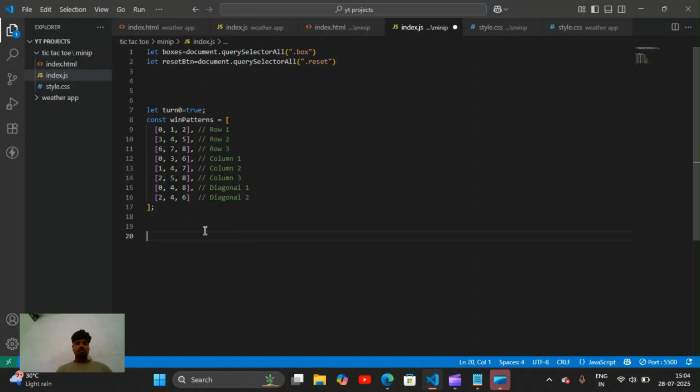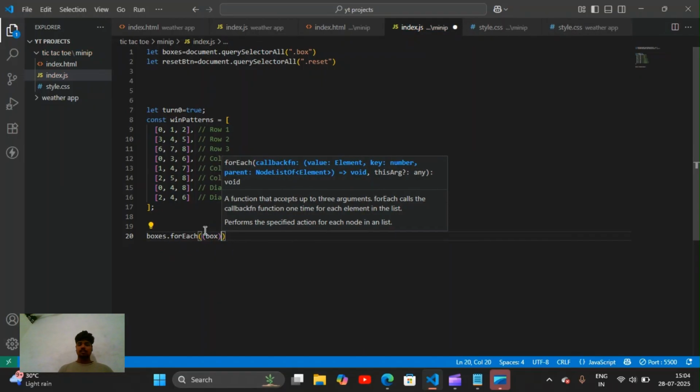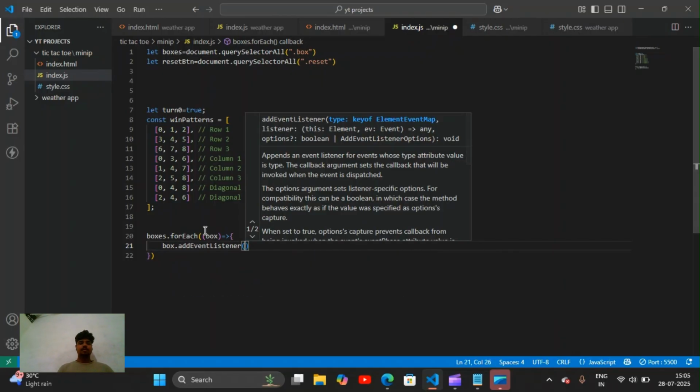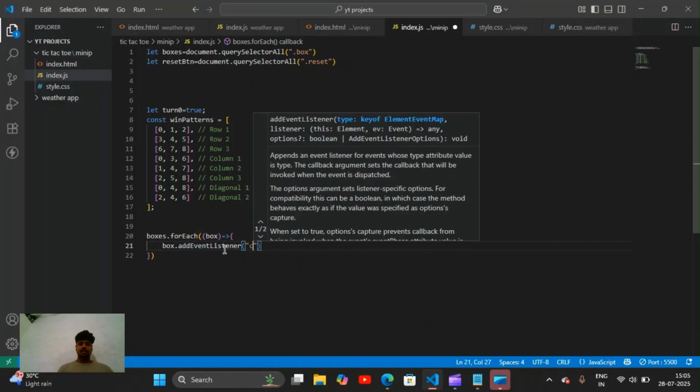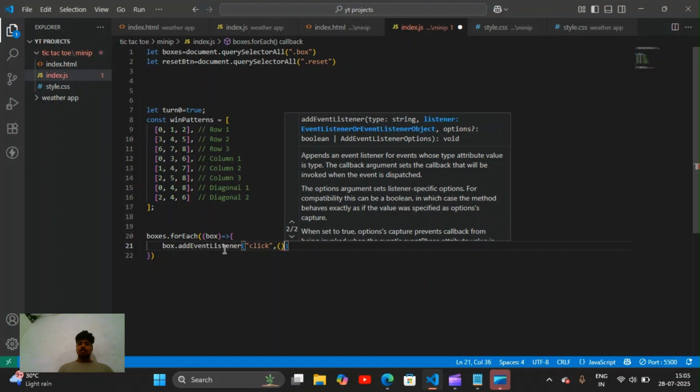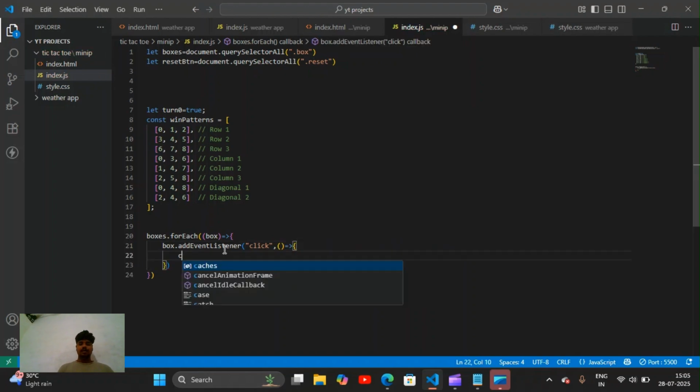So now I am going to do one more thing. I access each box, so boxes dot forEach. For each box I simply do one thing: I apply the click event to each box, and after that this is a click type event. I think whenever any box is clicked, then it will print something, but before that we check whether it is our first player or not. So simply if it is the turn of the first player,